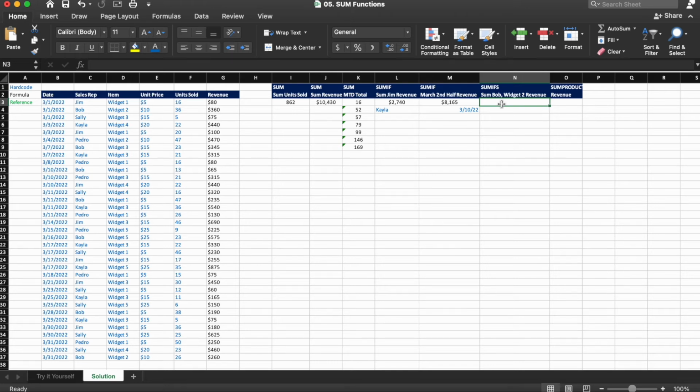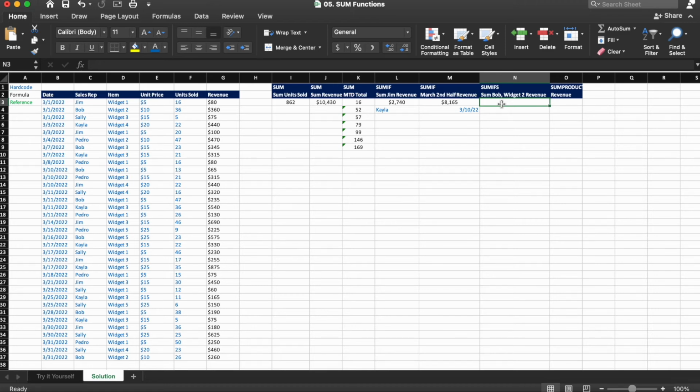So with that knowledge, any guesses as to why we prefer SUMIFs over SUMIF? If you guessed that SUMIFs make it easier to add additional conditions, congratulations, you are correct. If you wrote a SUMIF and then wanted to add additional conditions, you would have to rewrite the full formula. If you use SUMIFs to start, all you would need to do is add additional criteria at the end. Okay, back to the spreadsheet.